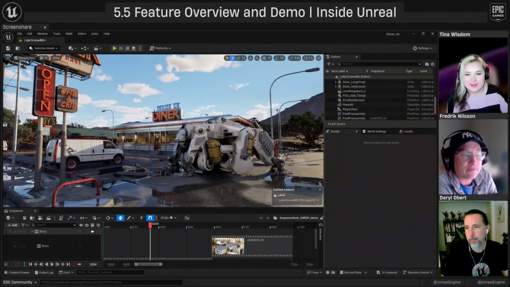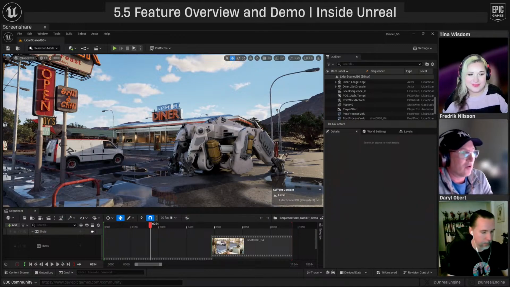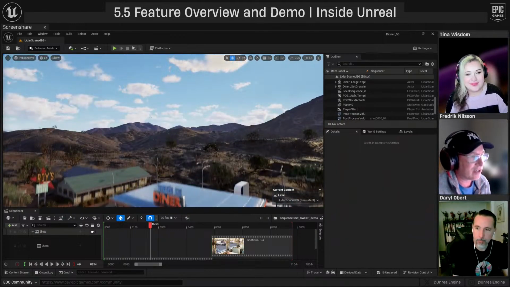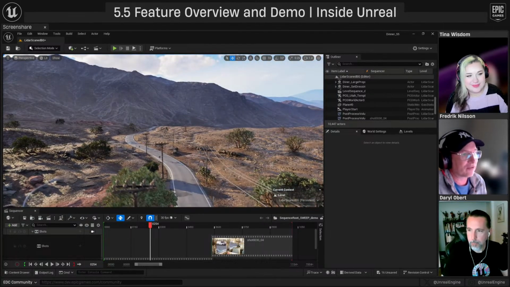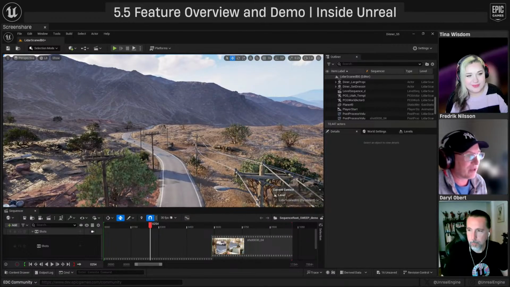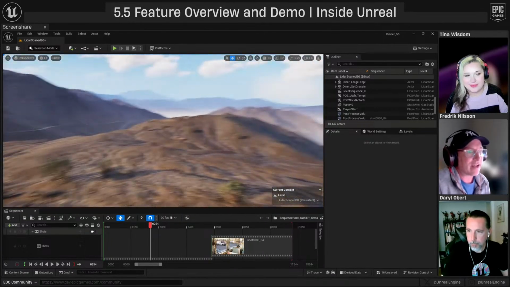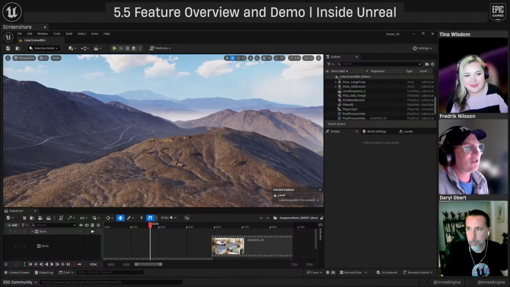So with all that said, this is the project that I built going into Unreal Fest to try to encapsulate a lot of what was new in 5.5. It's a pretty big scene. It's got this really nice terrain. It's got a spline-based road, and little spline-based poles that go way down, and the road goes on forever, which is kind of fun.